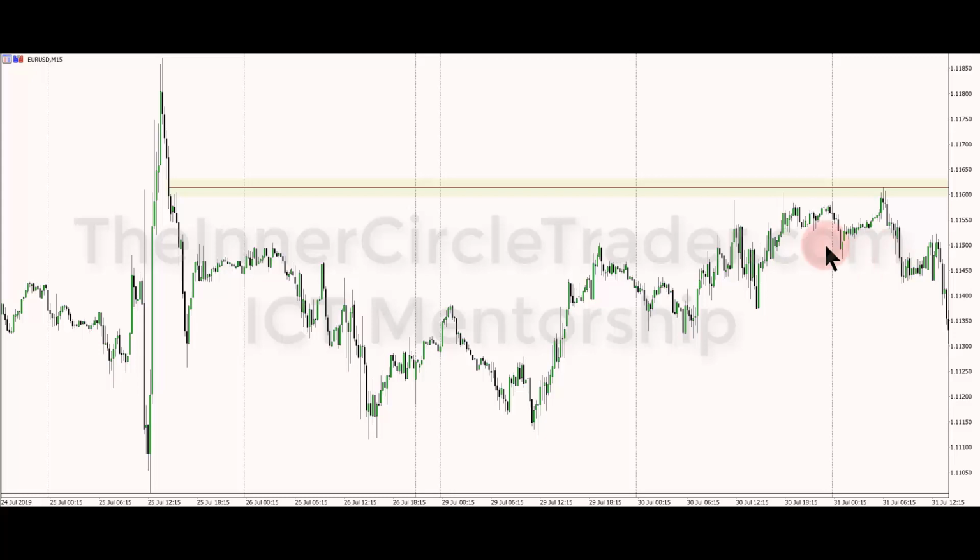We had the market structure change here. So we took the market below here after closing in the consequent encroachment of the fair value gap. And I'm going to take this off so you can see it. That's the fair value gap, and we split it in half, and it trades right up into the high of 111.61 and 4 pipettes. Okay, so beautiful price delivery in London creates the high, and then trades, breaks the market